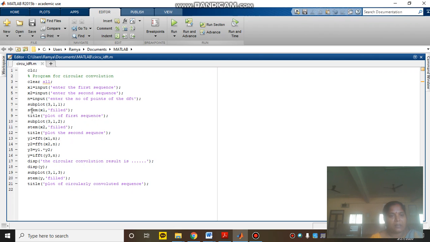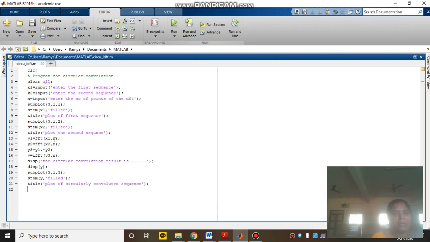I am going to take stem(x1) with the title 'plot of the first sequence', and again subplot(3,1,2): stem(x2), with the title 'plot of the second sequence'.